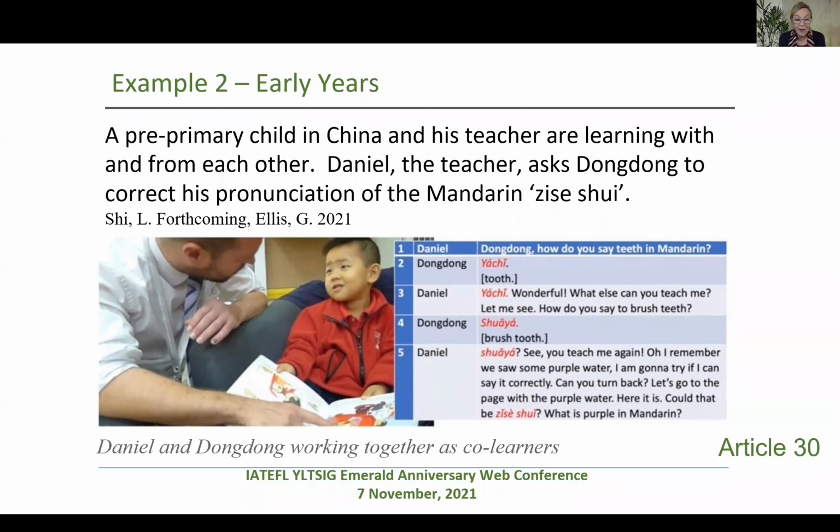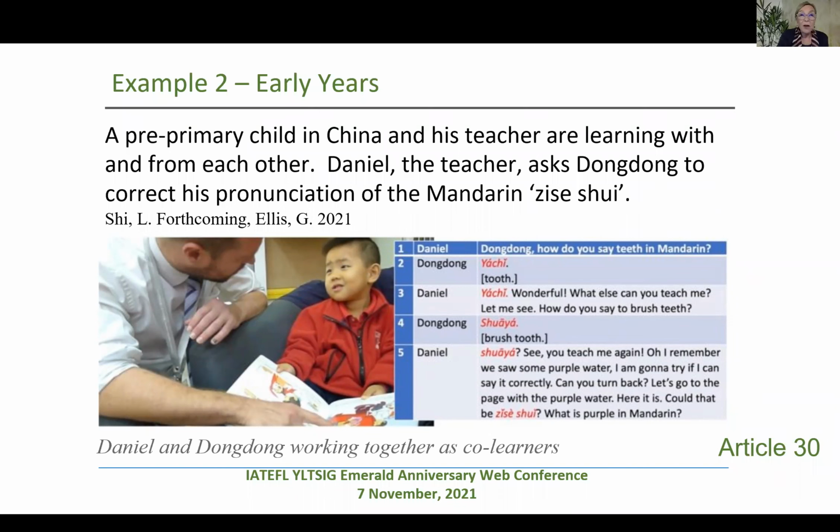So co-learning contributes to developing awareness of the two languages, English and Mandarin, and creating positive relationships between English and the child's own language, as well as establishing a positive relationship between the child and the teacher. And this comes from work by Li Juan Shi and will appear as a chapter in a forthcoming publication, which is edited by David Valent and Daniel Sherry.